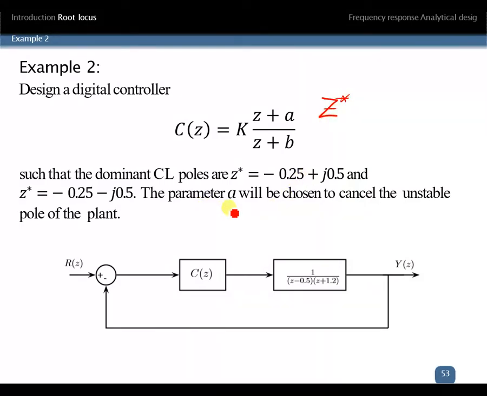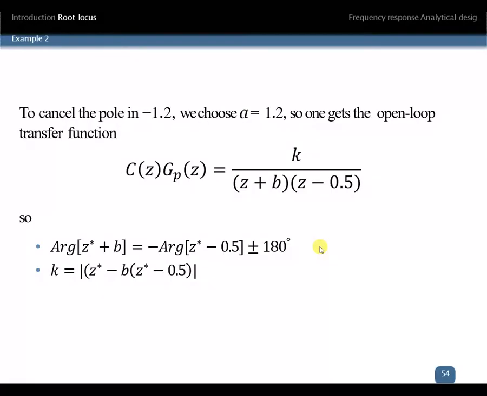The parameter A will be chosen to cancel the unstable pole of the plant. That means A can be selected to cancel one of the poles, the unstable pole. If you see the poles here, one of them is around 0.5, another one is minus 1.2, which is unstable. I choose A to cancel the unstable pole. Okay,